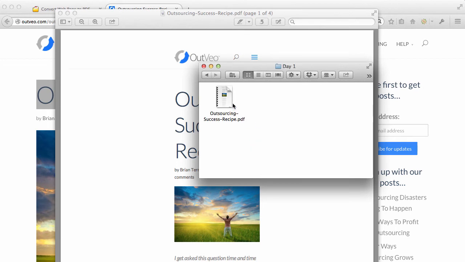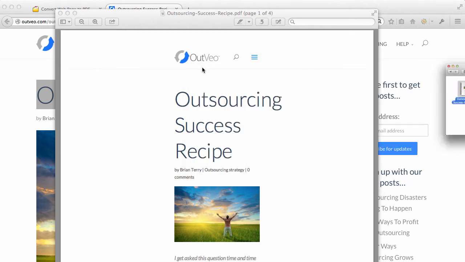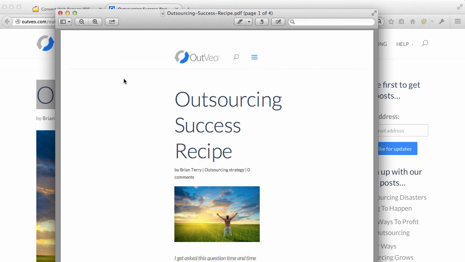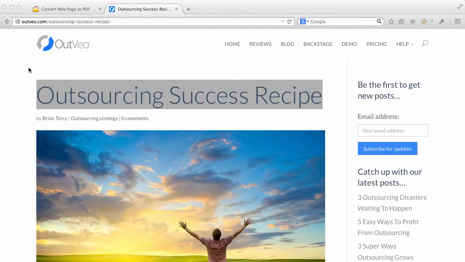So I can now go in there and upload this file to the various document sharing websites. That's basically the idea of what you need to be doing. Okay, so it's really very simple and straightforward. The next stage, of course, is going to the various document sharing websites, creating accounts, and then uploading our PDFs to those